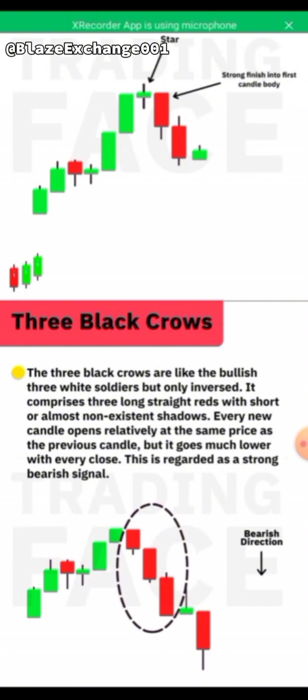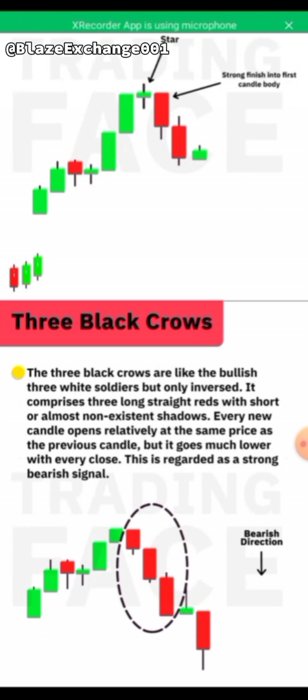If you hear straight, there's nothing in between them, not another color in between them. If number one is green, number two will be green, number three will be green. If it is red, number one will be red, number two will be red, number three will be red, and all of them will be long. It's not something short. After this one closes, another one will open and start going up again with that same color. Another one will open again and go up with that same color. That's what I'm trying to say.